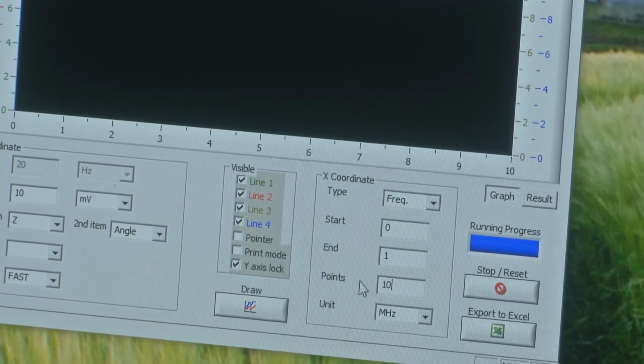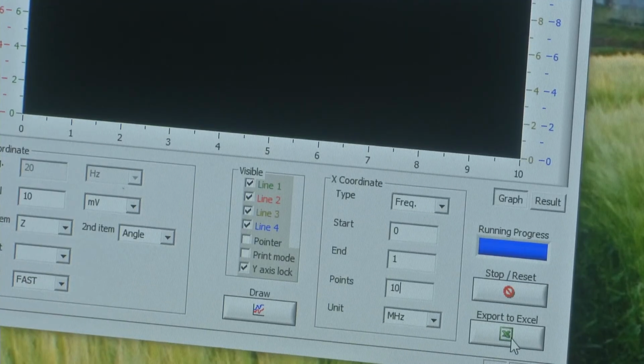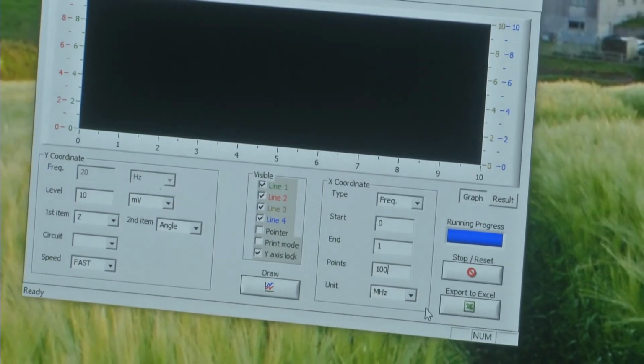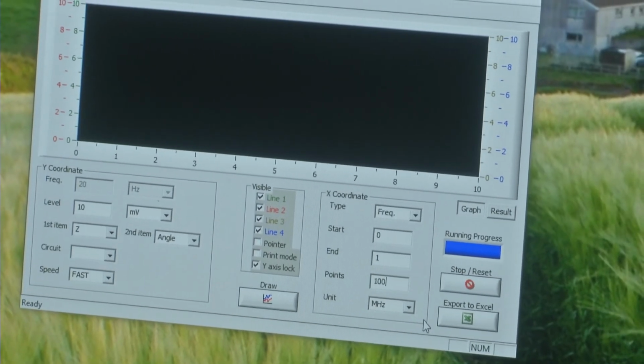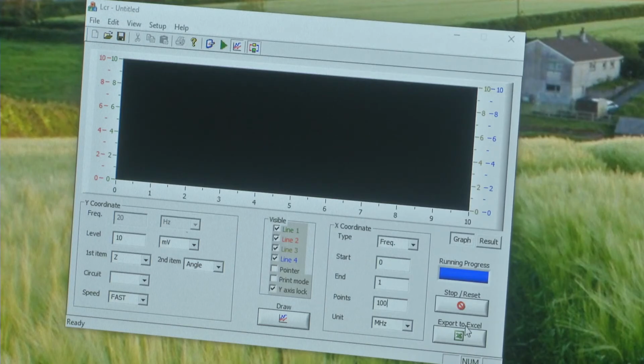Here you can set the number of points across which we should do the measurement and save it. Since we have the option to export this data as Excel, if we give 100 points, we can save 100 values between 0 to 1 megahertz. Now, we have connected the chip over there. Now, we will be connecting the measurement chip to the impedance analyzer. Now that we have connected the microchip to the impedance analyzer,